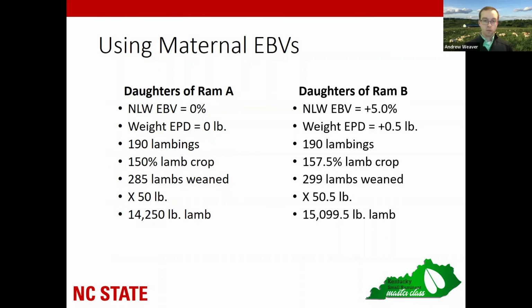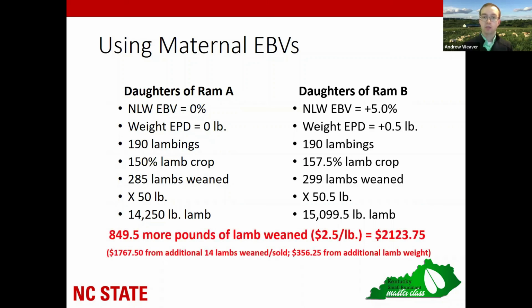So if I were to use ram B instead of ram A, I have more lambs produced. Each lamb that I produce is going to weigh more. I have more pounds of total marketable lamb. So I have just shy of 850 pounds of additional lamb weaned. If that lamb is valued at $2.50 a pound, that's $2,123.75 worth of lamb that I have by using ram B that I would not have had by using